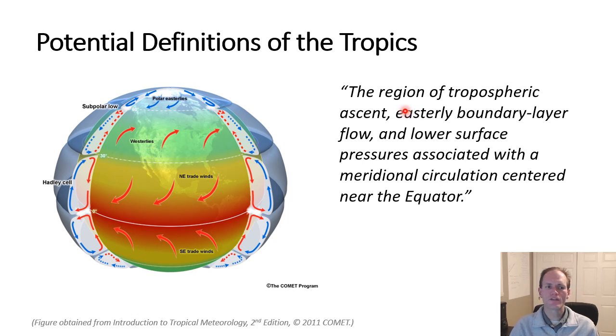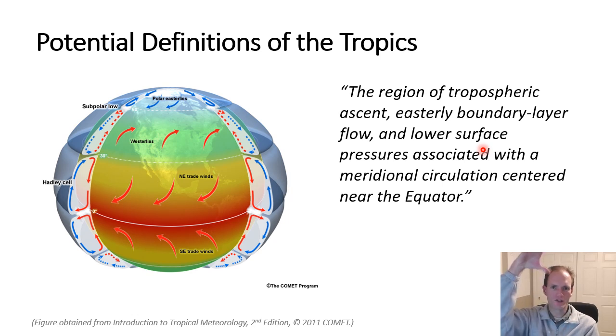So we can also consider the definition of the tropics to be related to the overall circulation within the tropics. This kind of ties in pieces of several of the definitions that we have already considered to this point in this lecture. So in this definition, we define it as a region where there's tropospheric ascent, so rising motion from near the surface all the way toward the tropopause, easterly boundary layer flow, so we're looking at near surface winds that are out of the east and directed toward the west, which I guess, in your context would be something like this. And then lower surface pressures,